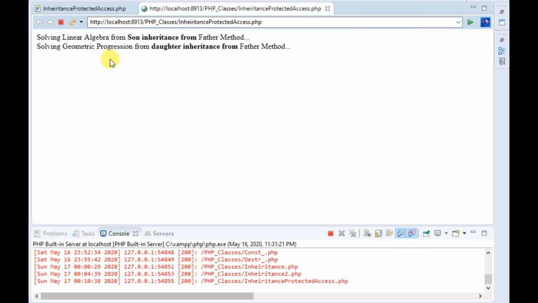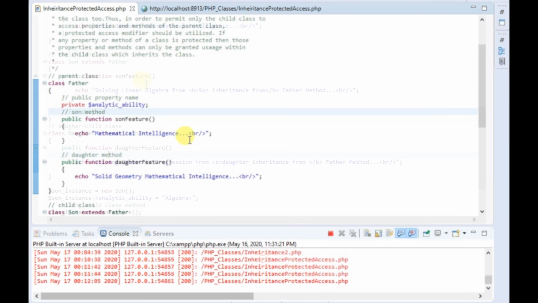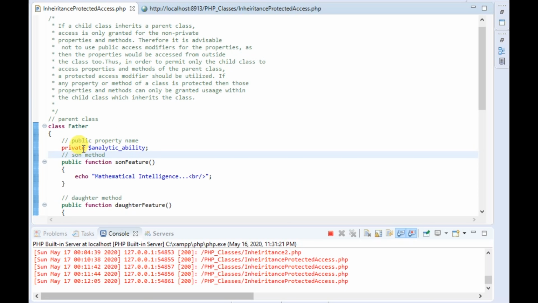Alright, so you can see that now it's solving linear algebra from son inheriting from the father method. Then solving geometric progression from daughter inheriting from the father method. So this is how we do very simple inheritance. What we should just know is that the moment you declare a private or public